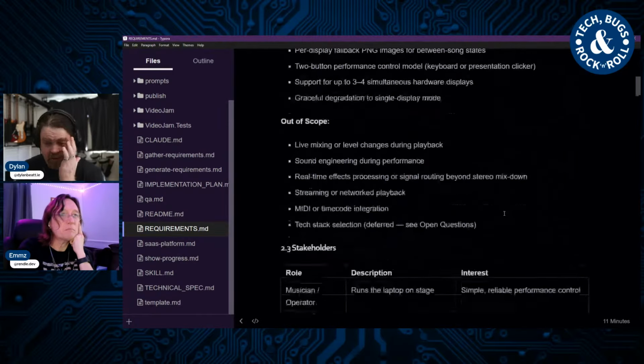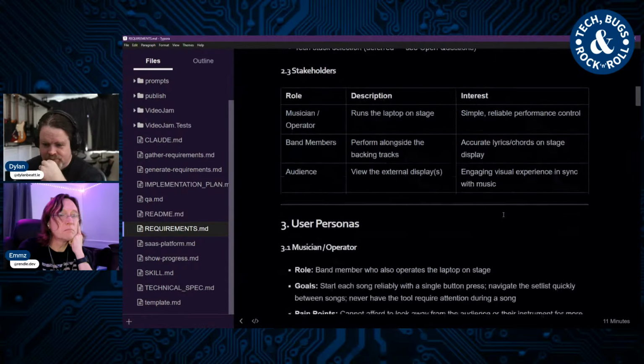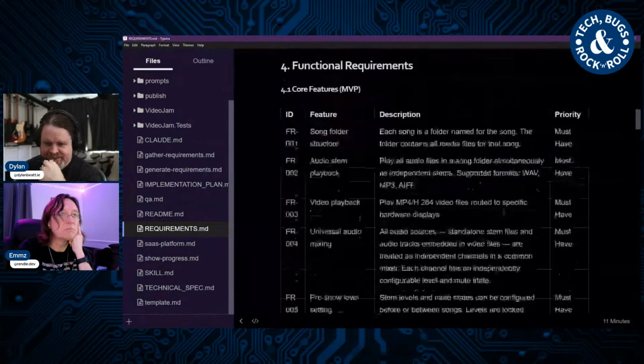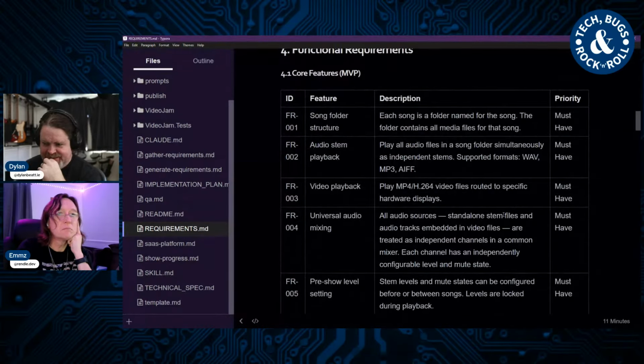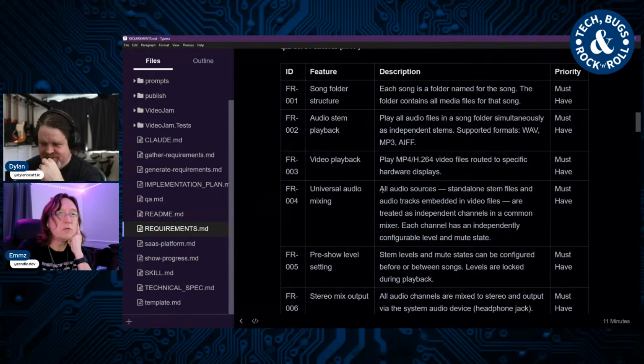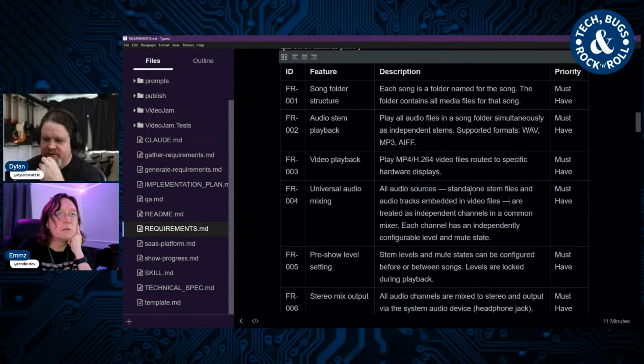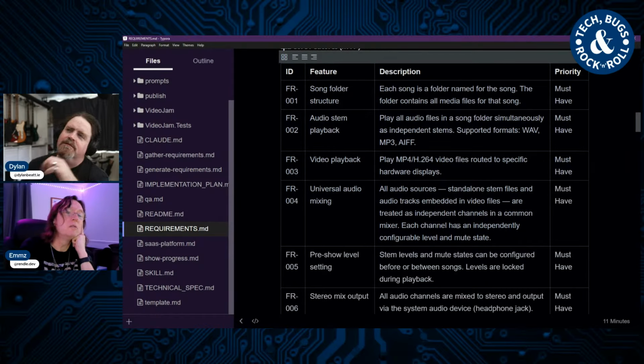So this is, plays all audio files. So if there is a video with an audio track in it, each audio track inside the video will be treated as an independent channel in a common mixer. So it is extracting audio tracks from video, because that's in the requirements. Now, this is, I think, one of the... But do we need it to? Well,